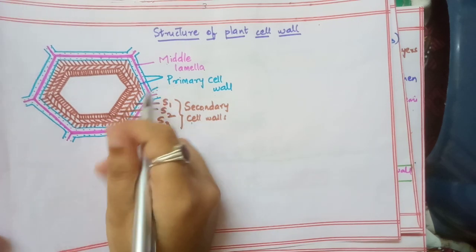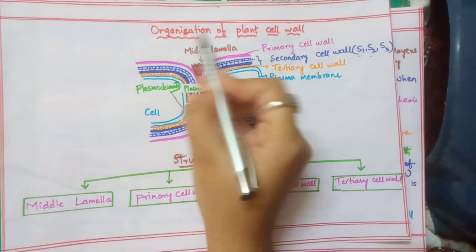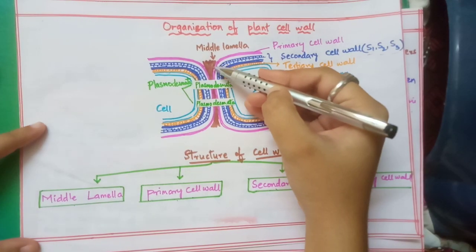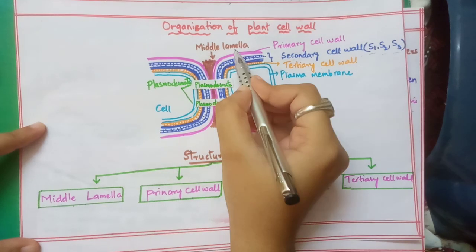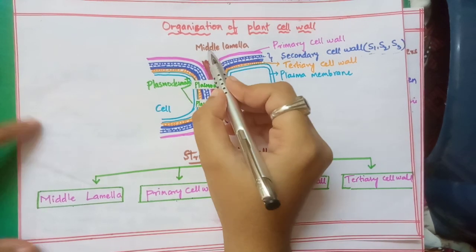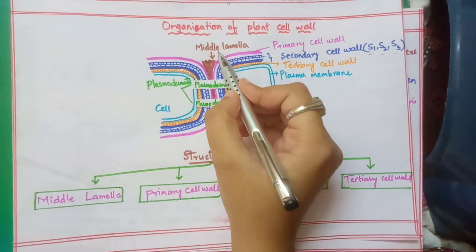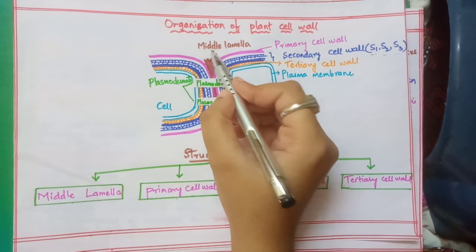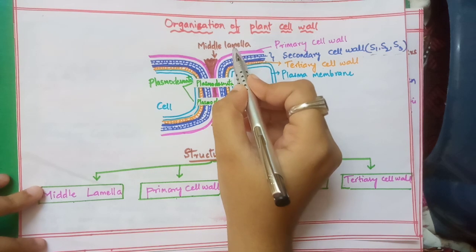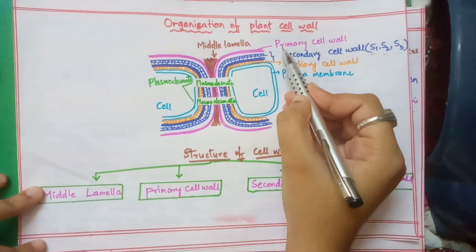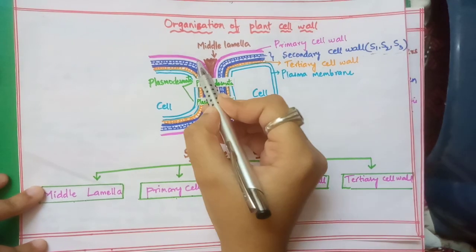Let us see this diagram in one more picture. This is the organization of the plant cell wall. This structure shown in brown color is the middle lamella, as I have explained. It is the first formed layer between two adjacent cells at the time of cytokinesis. On either side of the middle lamella, there is the formation of the primary cell wall, which is shown in